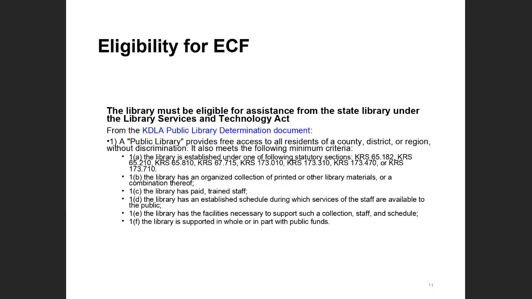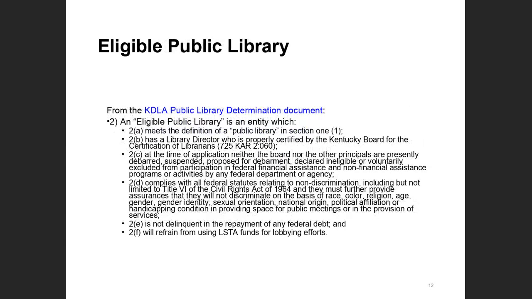So first, KDLA has defined what a public library is in the state of Kentucky, about how your library was established, having an organized collection, having paid trained staff, having a schedule for service, the facilities necessary to provide service, and being supported at least in part by public funding.